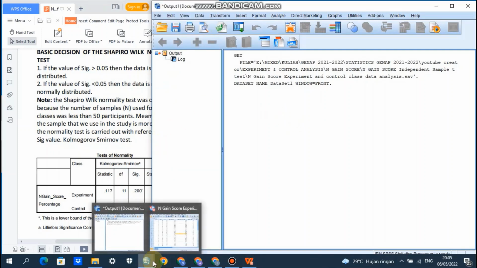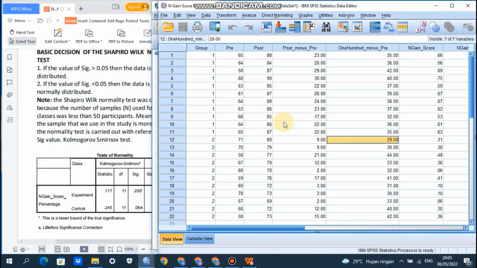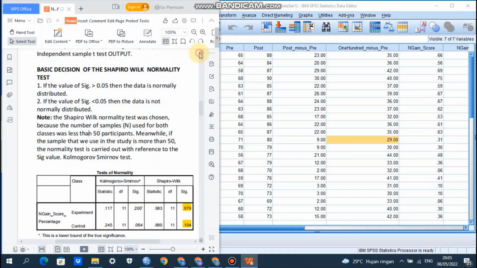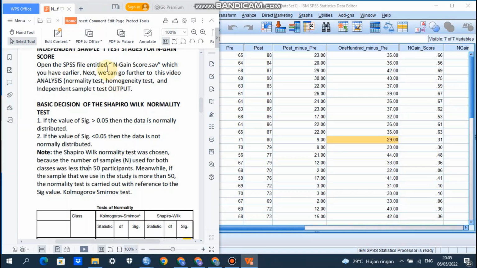So the SPSS data file is taken from the previous video, N-Gain score for experiment and control class data analysis. We are going to do the normality test first, followed by the homogeneity test and independent sample t-test output.